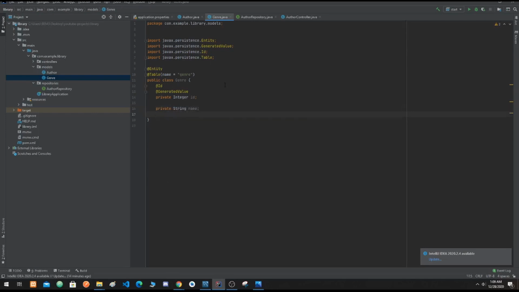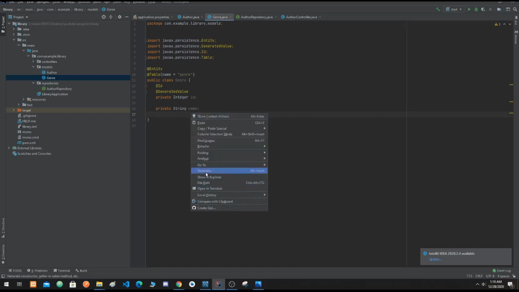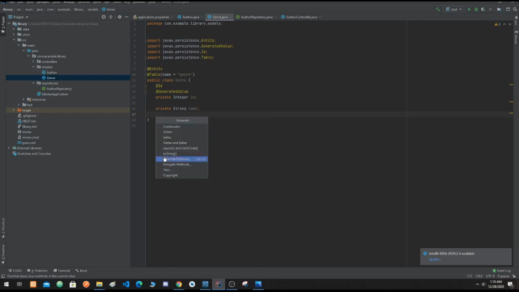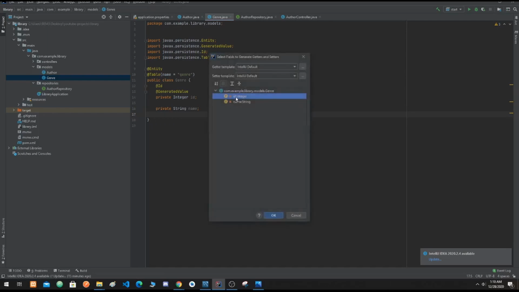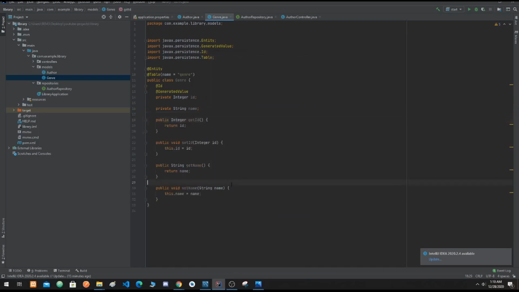We also need to add getter and setter methods, so I'm gonna create getter and setter for these two. Okay,